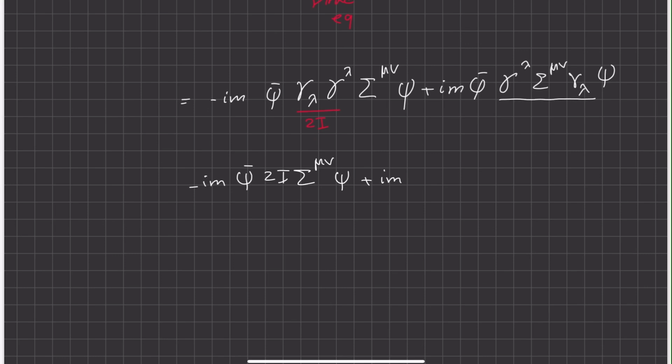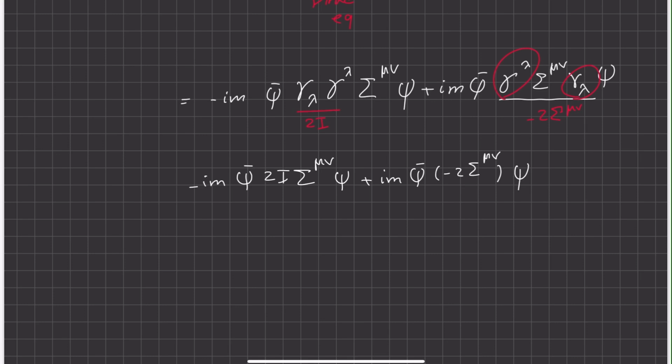It's a little bit of long algebra to really prove that, but this is going to be minus 2 sigma mu nu when we have a sandwich of the generators of the spin rotation between the gamma matrices, and a specific algebra makes it like that. So I'm going to have i m psi bar minus 2 sigma mu nu